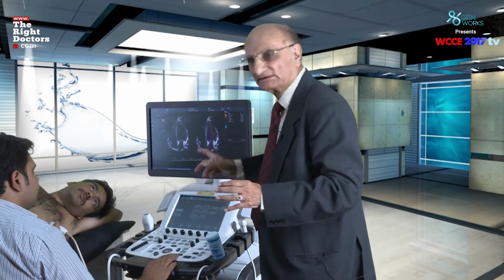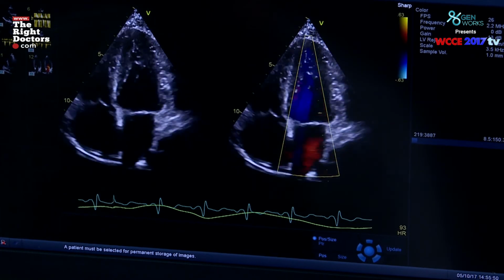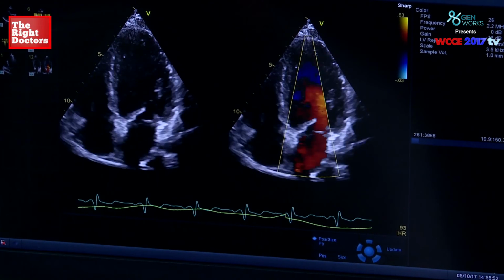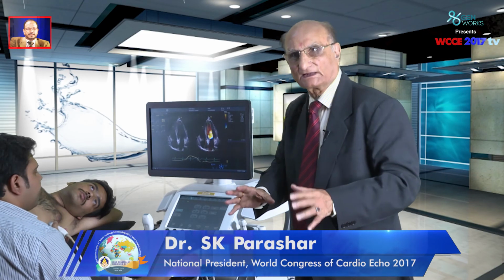For a normal blood flow, you use a pulse Doppler. To localize the flow at a particular region, you use a pulse Doppler. For all high velocity flows, you use a CW Doppler and then record, because the velocities are usually in meters per second. And once you have recorded that, by the Bernoulli equation, 4 times velocity squared, you can get all calculations. I think this is the basic which I wanted to tell you, so that you can practice and see whatever you want to see further.